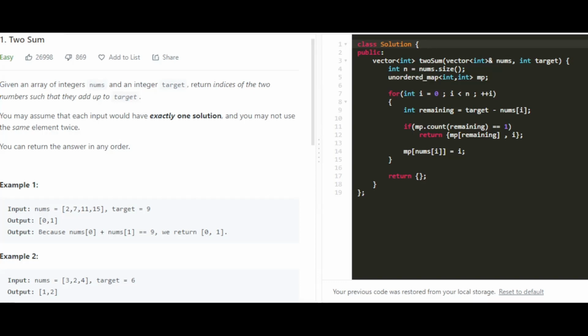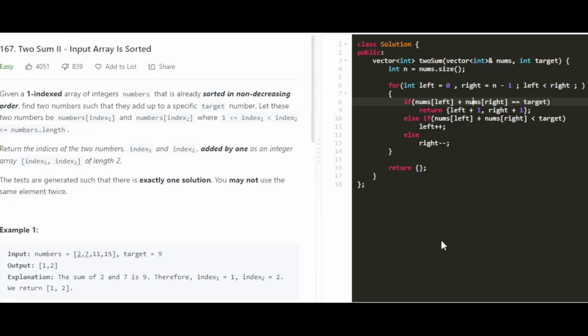If it is present, we return the corresponding index and the index of the current element, else we put the current element in the hash map along with the index. At the end, if there are no two numbers which have sum equal to target, we return an empty vector.